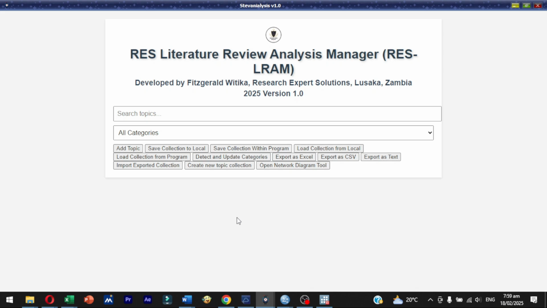The table can also have a column for research topic, research design, research approach, results, conclusions, recommendations, and so on and so forth. So those tables, instead of just doing them manually, you can come in Stevanialysis using this literature review analysis